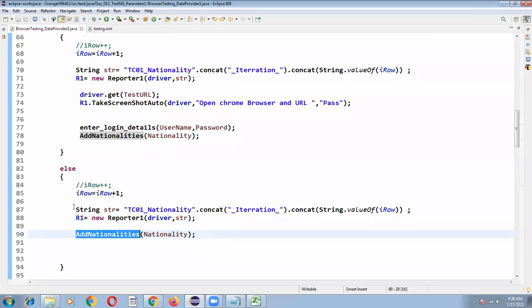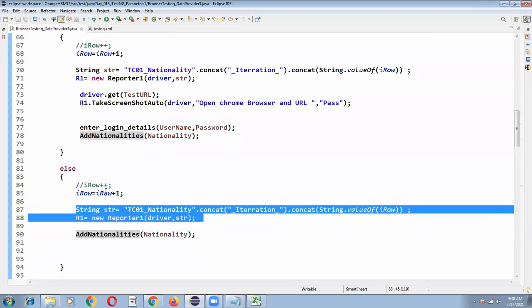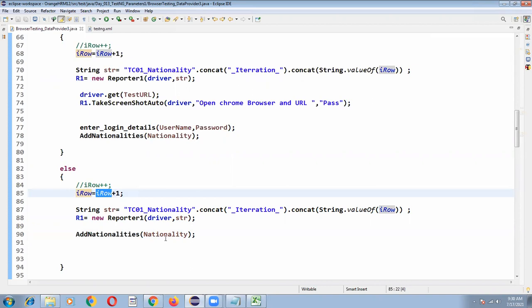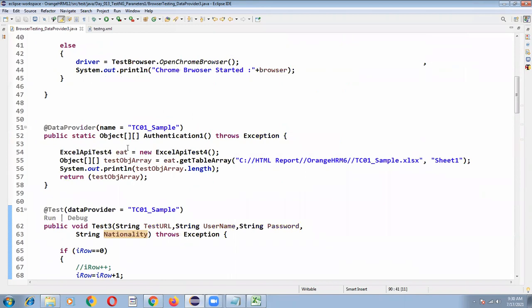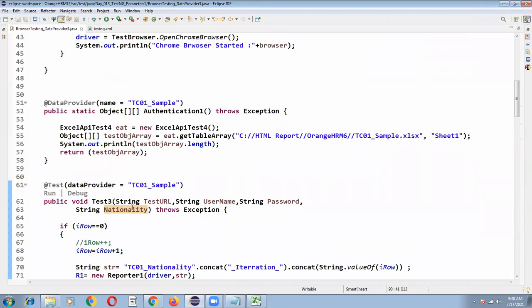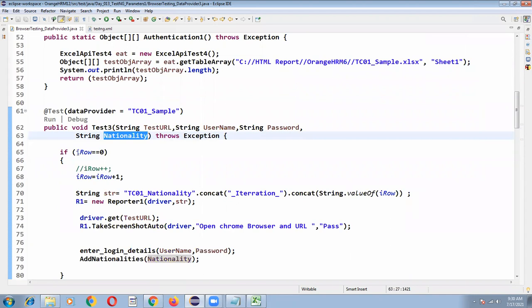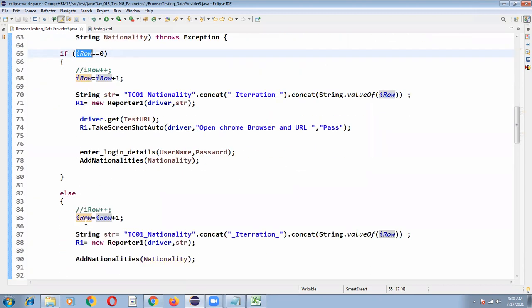I will explain this method again. I'm increasing my iRow value, 1 plus 1, and only the add nationalities method is executed. Again, my data provider object array contains a third set of input data, and it will get the third set. My value is 2 equal to 0? No, it will go to the else block and the iRow value will be increased by 1, 2 plus 1, so iRow will become 3.